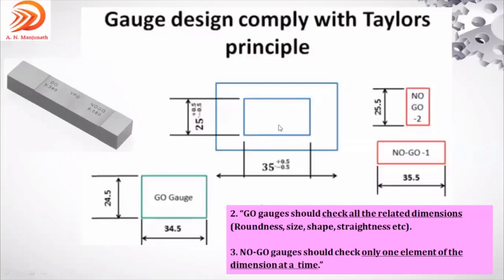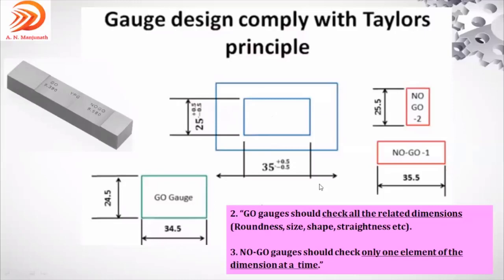For this, the component needs to be inspected using the gauge. Here, the red color one, you can see the cursor, is the no go gauge. This is the go gauge, right? Here the go gauge, this is the instrument. This is the component. The blue color one you can see over here is the component. The green color one is the go gauge, the instrument. And here the red color one is the no go gauge. This is also a tool which is used to inspect it.